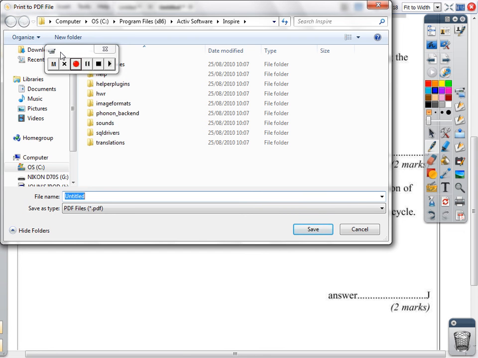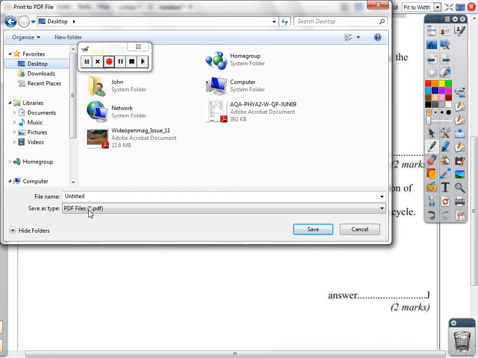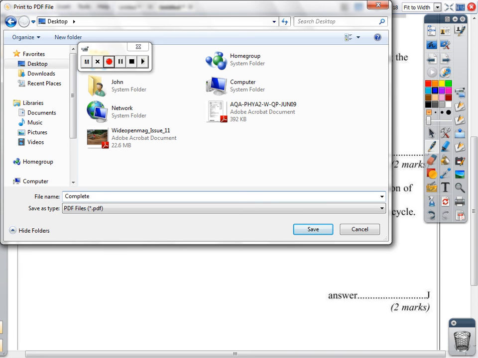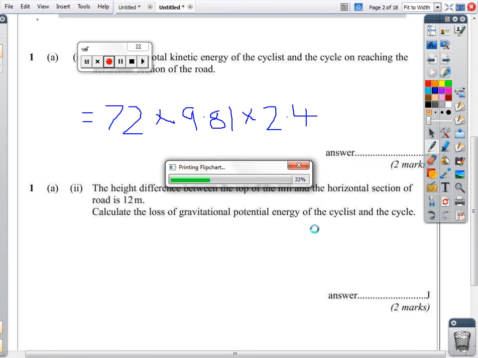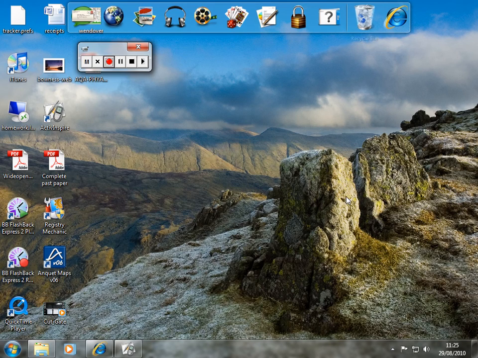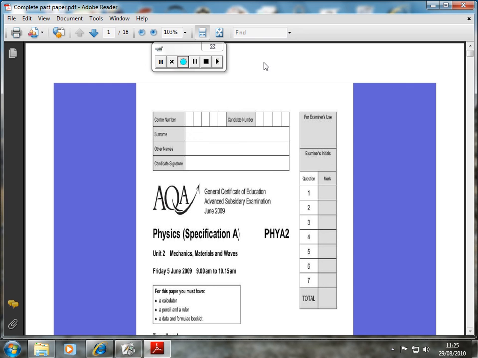and then it's just a matter of choosing a location for it. I'd quite like to put it on the desktop. There we go. Just give it a simple name, complete past paper. I don't think there are any options here. And finally, what I'm going to do is just pick that up off the desktop. Here it is, and if I now double click that, it should open into the